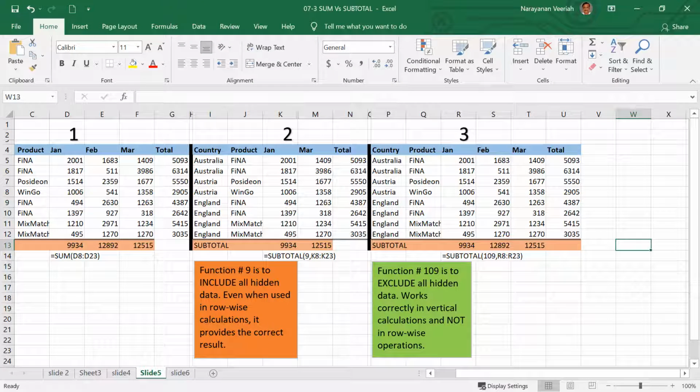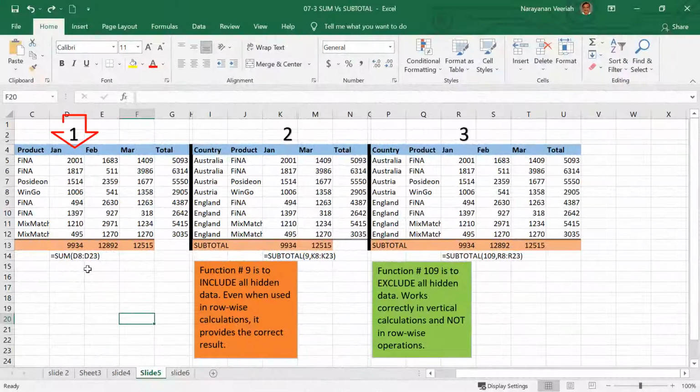While the sum function is to total the data either vertically in columns or horizontally in rows or both, the subtotal function is designed primarily for performing the related calculations in columns of data or vertical data ranges. This does not mean that you cannot use subtotal to sum a row of data, for example. You can still use that. However, it behaves differently between vertical and horizontal data ranges when you use a function number that is greater than 101. Look at the example here.